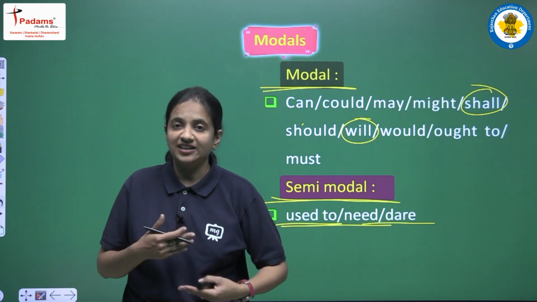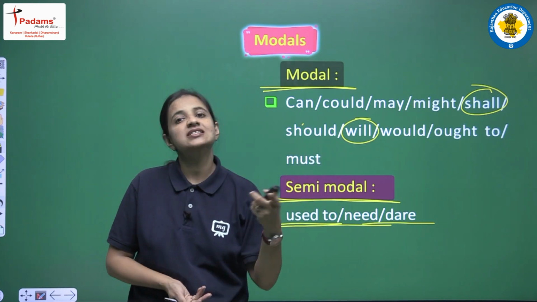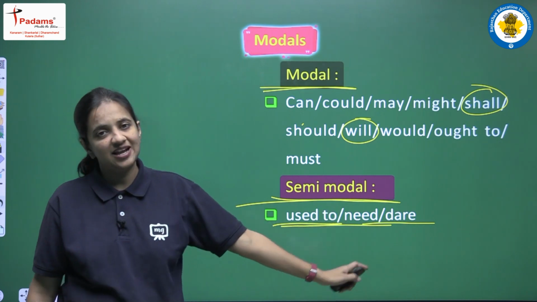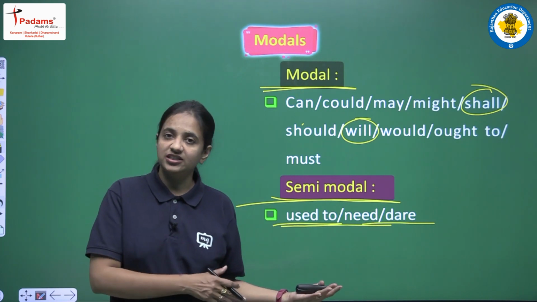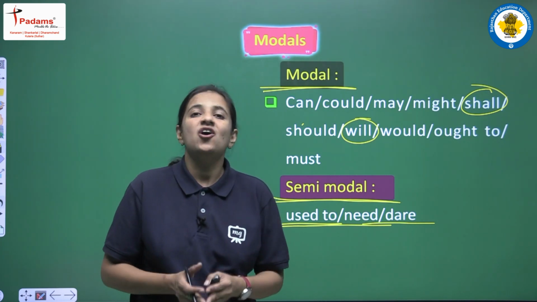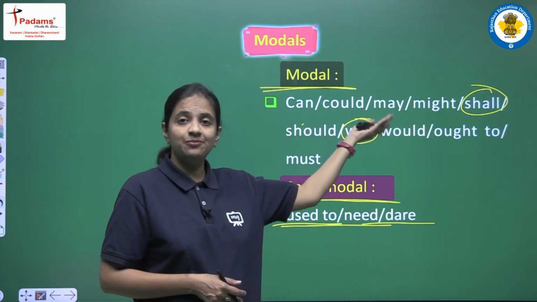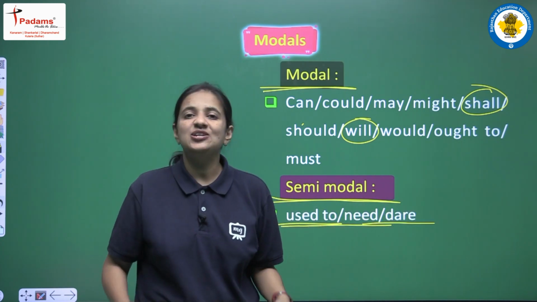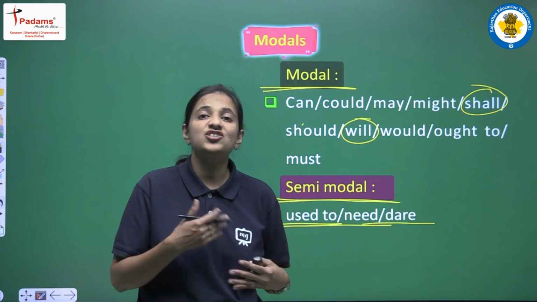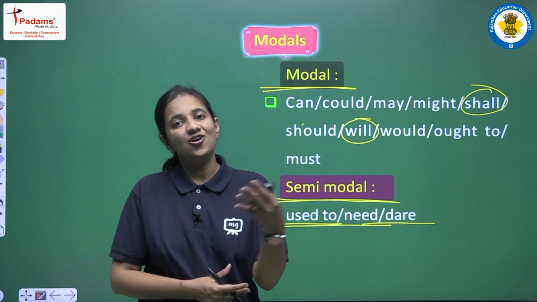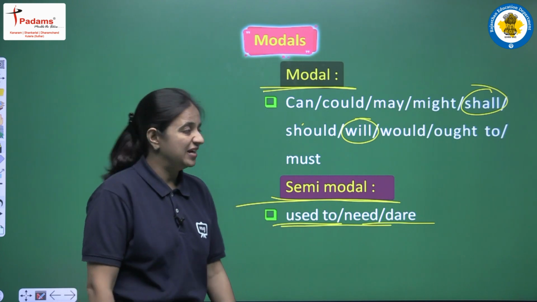And if we categorize this further, then we are having 2 categories. These 10 words are known as main, or we can say major modals, and these 3 modals are known as semi modals. Okay, so we are having these 13 modals, and one by one we will see all the uses of the modals. We will discuss first of all can, then could, then may and might in this way, and then we will see the uses of all the modals, the different uses where these modals are used, and how they can modify the meaning of the main verb, and what is the mood of all these modals. Okay, so now let's start.